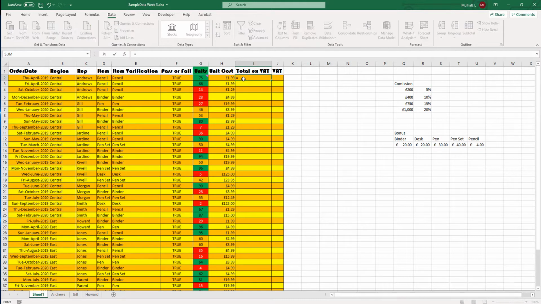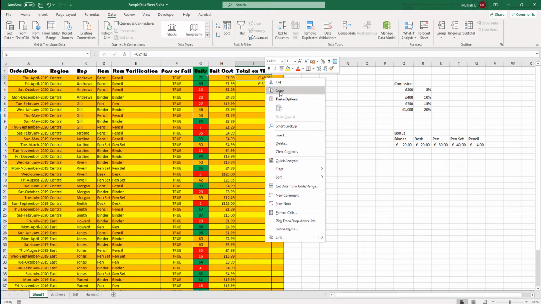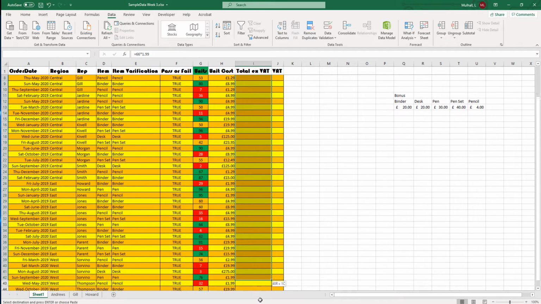So we can start a formula with equals, and then we could type in 75 times 1.99, but then when we go to the next one, we have to do the same again. Equals 66 times 1.99, and it'll take a long time and it's a bit of a process. Alternatively, we can do equals that cell reference, so G2 multiplied by H2 equals that. And the advantage of that is we can copy that, and then we can highlight all the way down,